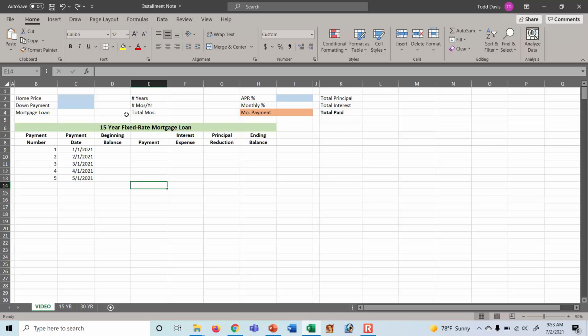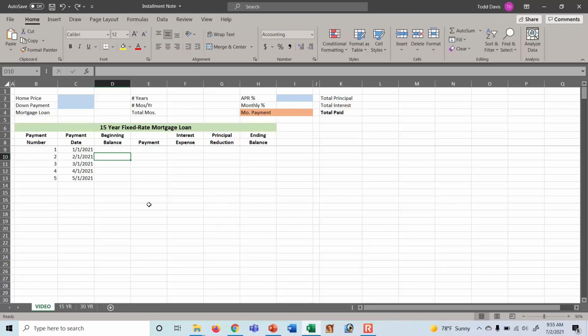As you can see, I have already filled in many cells with the basic descriptive information used to create an amortization schedule. Please pause the video and take a few minutes to format your Excel workbook page to look like mine. Don't worry if the colors you choose are not exactly the same. When you are done, start the video again. I will wait. Now I will show you how to fill in the remaining cells either with direct information or with the required formulas. When you are done, you will know how to do all of this by yourself, and you can even customize its appearance for your own needs.